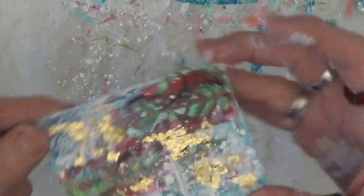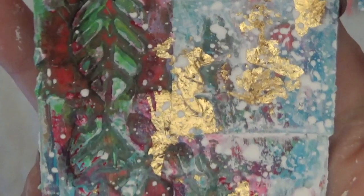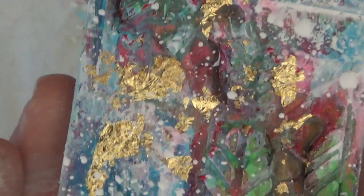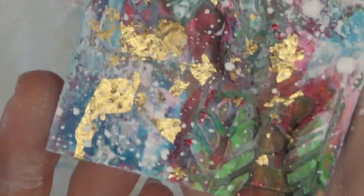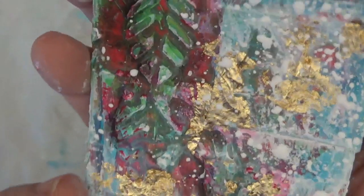All right. That's good. This is what we got going on. You can see how that even just pressed down the gold leaf. It just makes it all kind of come down together to be one. It's a little bit of paint in there. I haven't forgot about my